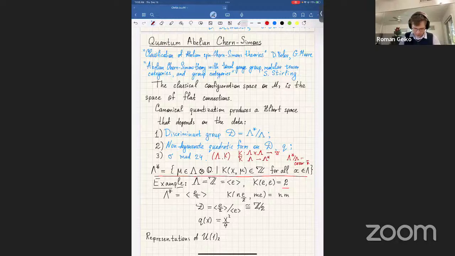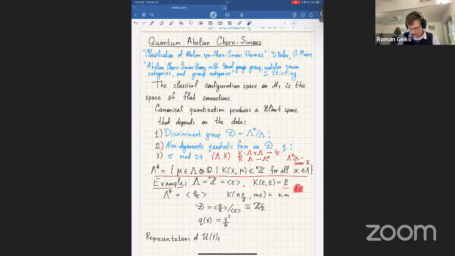So lambda star here can be seen as the integral span of the original generator E over 2. And indeed, if I pair the elements of the dual lattice with the original lattice, I'll get an integer. And the discriminant group is just Z mod 2. And moreover, the original lattice K, so we had a bilinear form, and we can define a quadratic form that